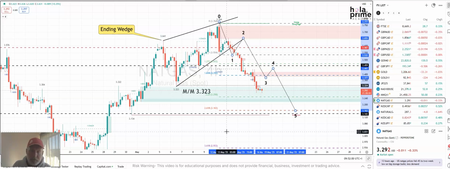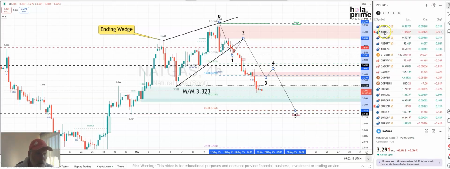So although I believe the immediate bias is still mildly bearish, I don't think that this trend is going to continue in NatGas, and that area around about 3.2, 3.1 is going to catch some profit taking. Okay, so on to the last